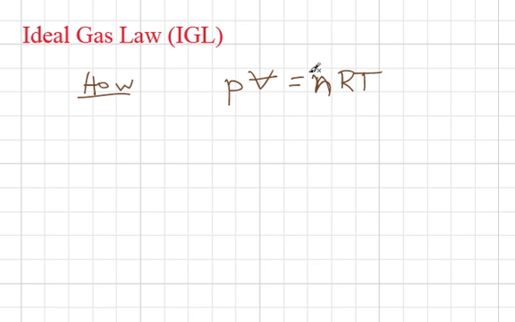The number of moles here is a way to describe the quantity of gas. And there's another way to do this. If we're talking about the amount of gas, one way to talk about the amount of gas is the number of moles. Another way to talk about it is the mass of the gas. And these two ideas are related,